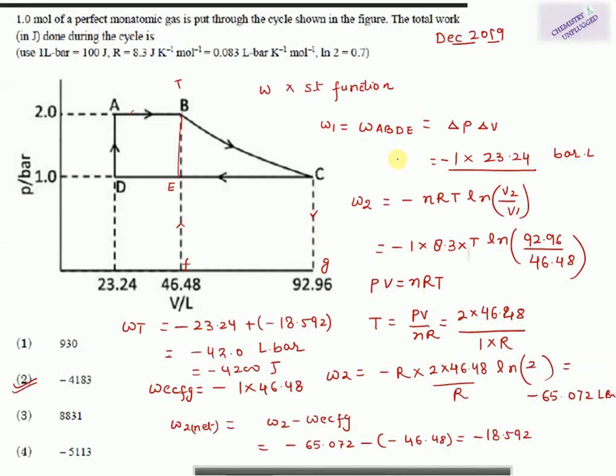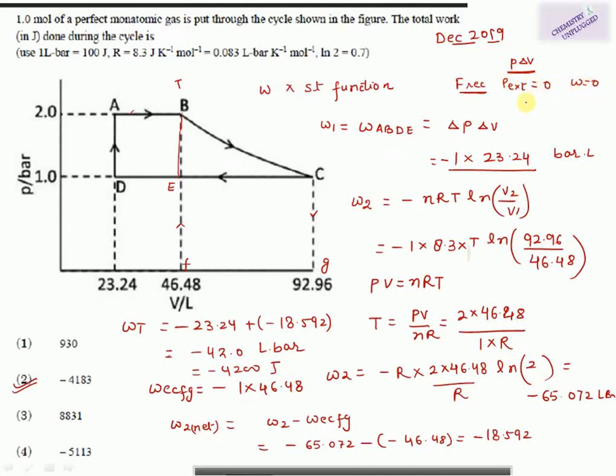So in this question, you can identify the work for a reversible process. If you want to find the work for an irreversible process, then you will use this type of formula, P into dV. The irreversible work can be put into two categories. First is free expansion. Free expansion means the external pressure is zero. There is no external pressure, so the work done will also be zero.